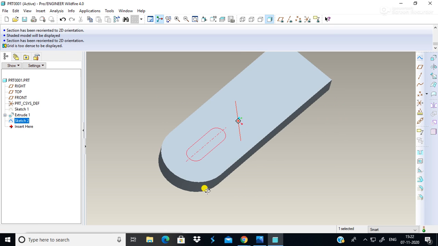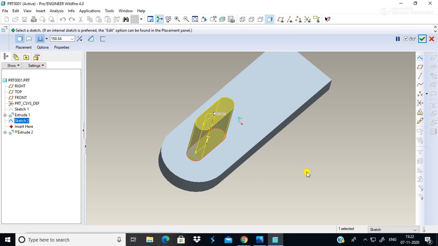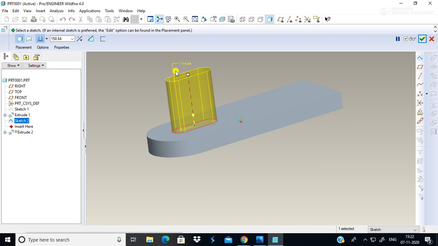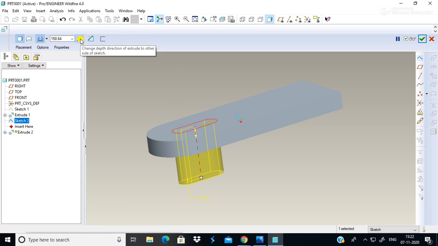Okay, now again you have to select extrude for that also, but we don't want to extrude it as a solid. We want to extrude it as a hollow, or you can say you have to cut it. You want to cut it. So just reverse the direction of it. ओके, नीचे कट करना, ऊपर तो मटेरियल ही नहीं है। ओके, एंड जस्ट से रिमूव मटेरियल एंड क्लिक ऑन ओके।